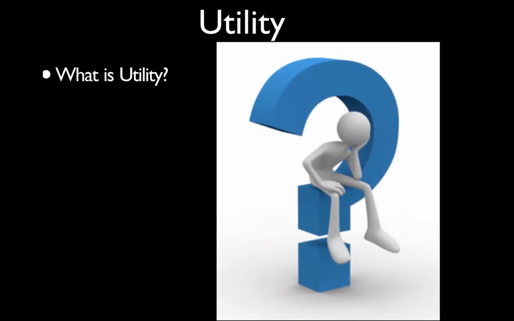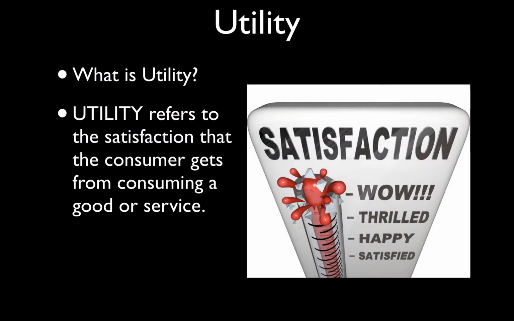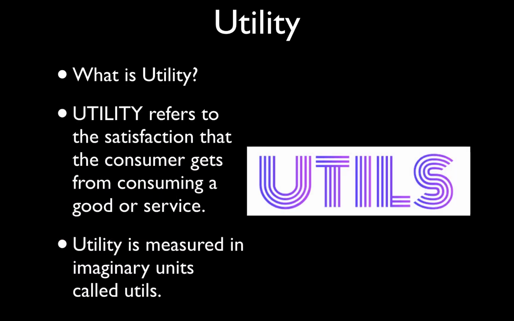Okay, so in order to explain this, we're just going to have a quick recap of a few of the definitions. So the first thing is, what is utility? Well, utility refers to the satisfaction, the happiness, the contentment that a consumer gets from consuming a good or service. And in economics, we've made up this imaginary unit of measurement called utils. So what we are claiming is that we can absolutely accurately measure how much happiness a consumer gets from each good or service they consume. Now, obviously we can't, it's impossible, but the idea is it's a theoretical framework.